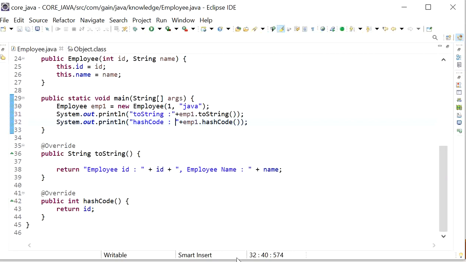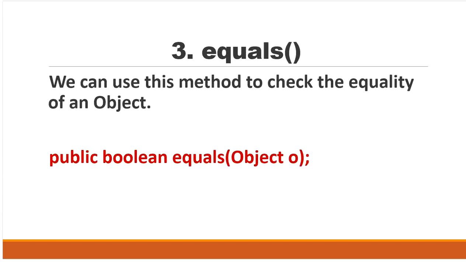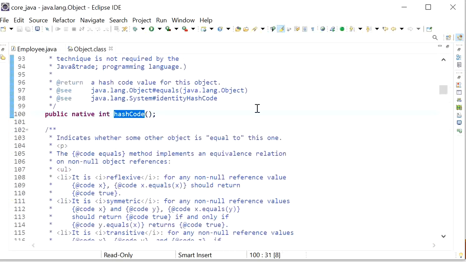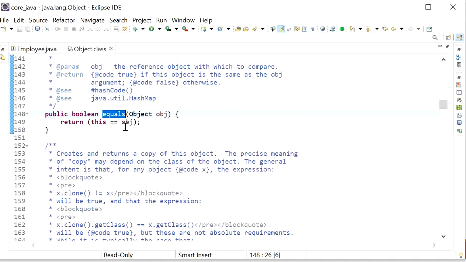And now we will discuss the third one, that is the equals method. We can use this method to check the equality of objects, and this is the signature of the equals method: public boolean equals, and it will return true or false. Here we can check the equality of two objects by using the equals method. First, we can see the equals method that is provided by the Object class,